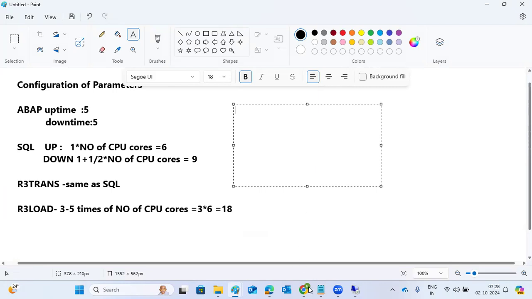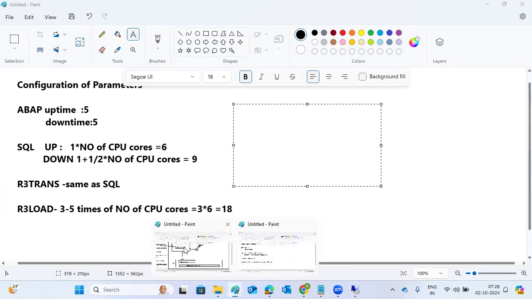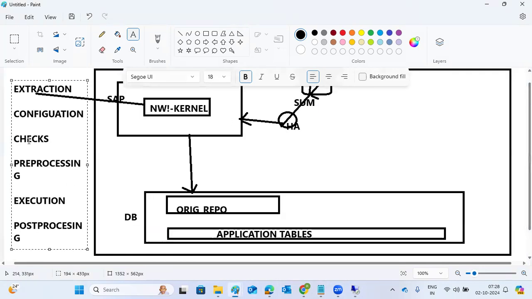Three steps. Those things we have to clear. Then some tool will check that one here. Then immediately it will go to the checks phase here. Checks. So in the checks phase, mainly it will check the free space at application level, database